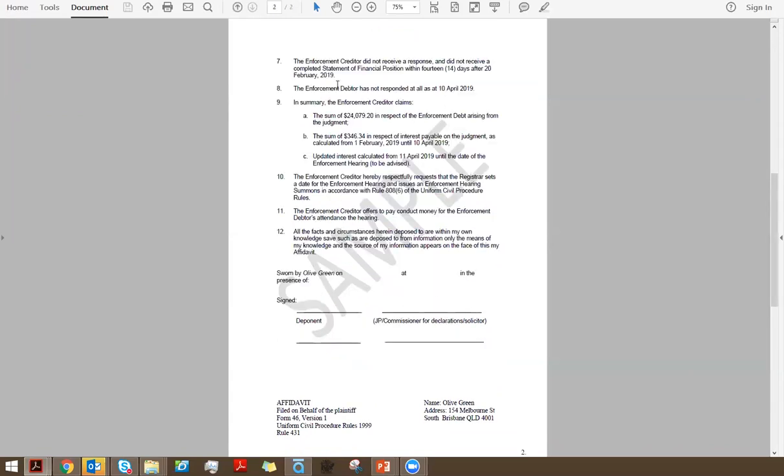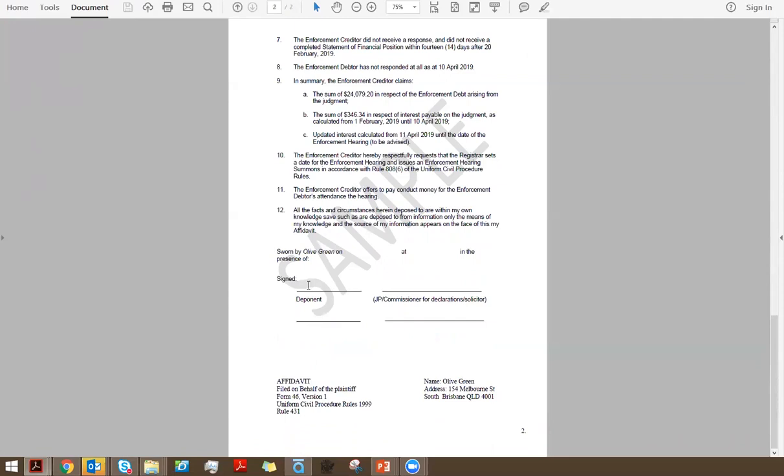I would then issue the warning and the oath, and then I would ask Olive to sign before inserting my own signature and seal of office, as well as completing the jurat, which is down here.